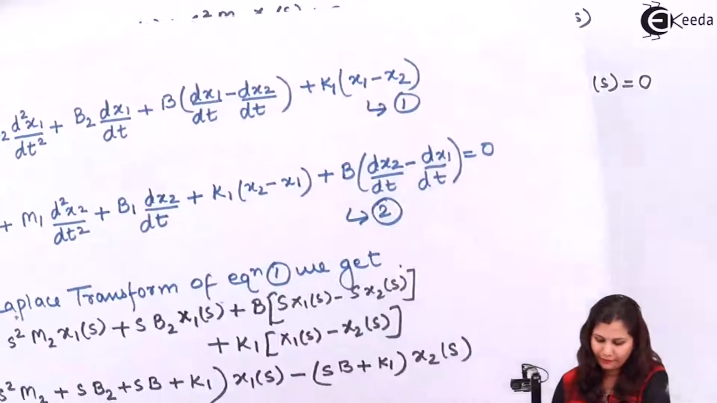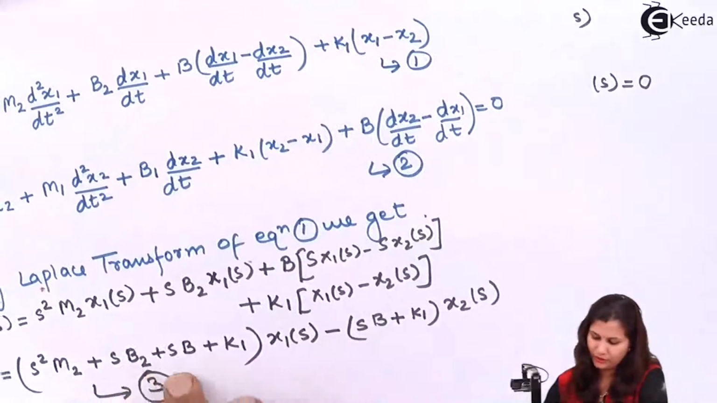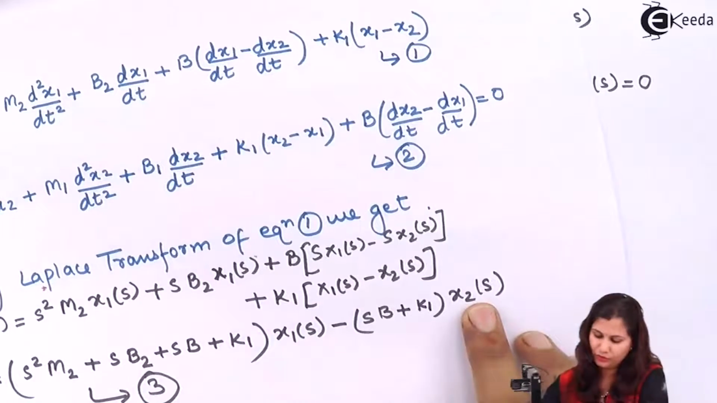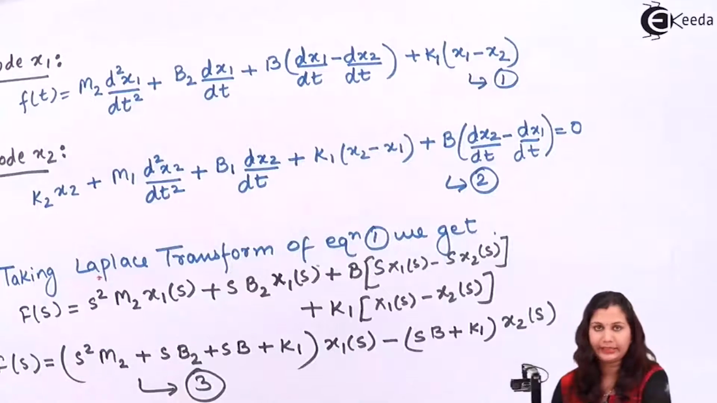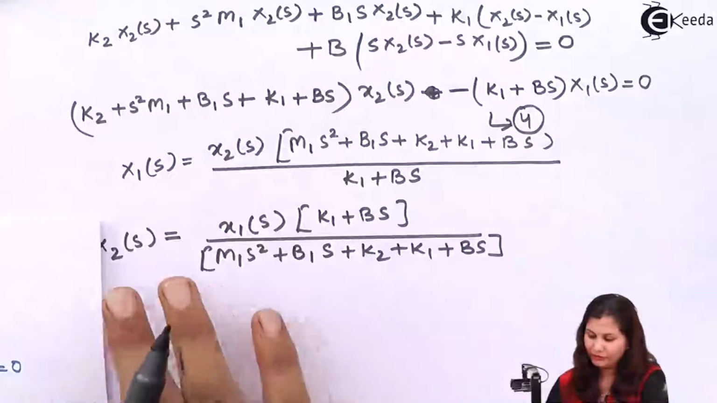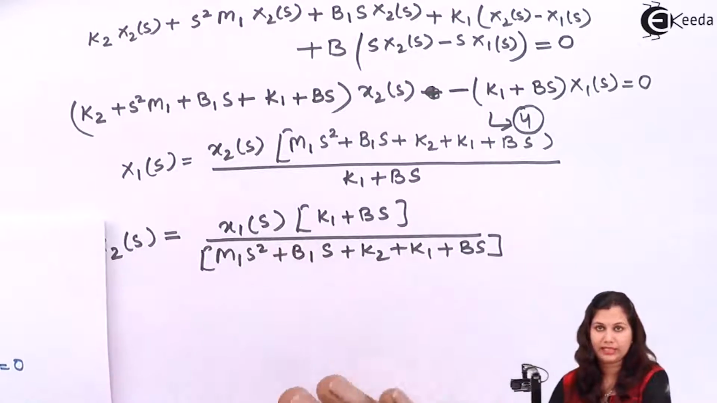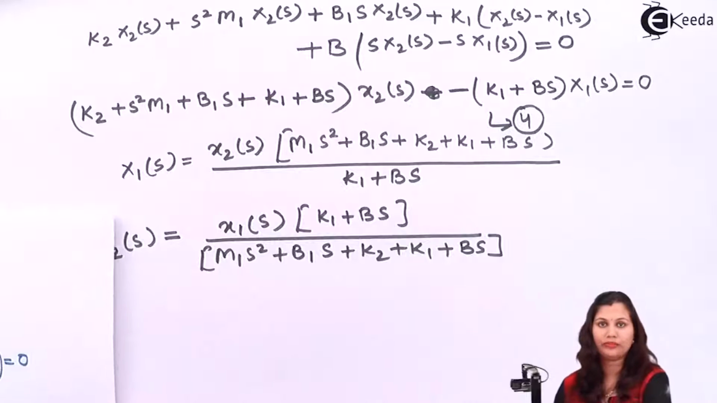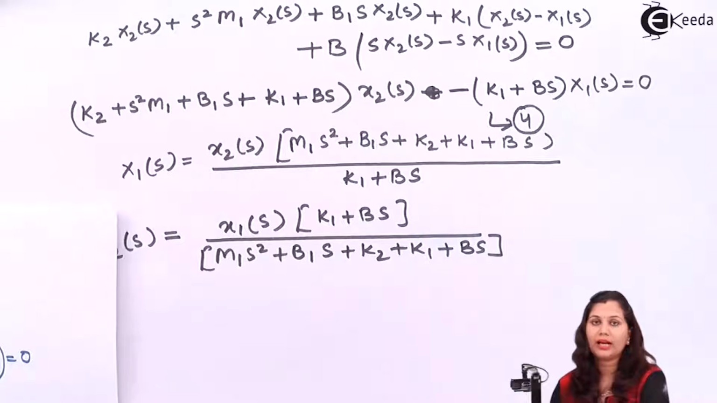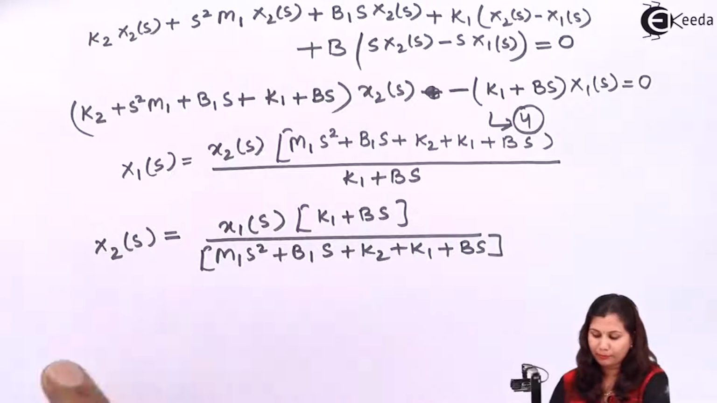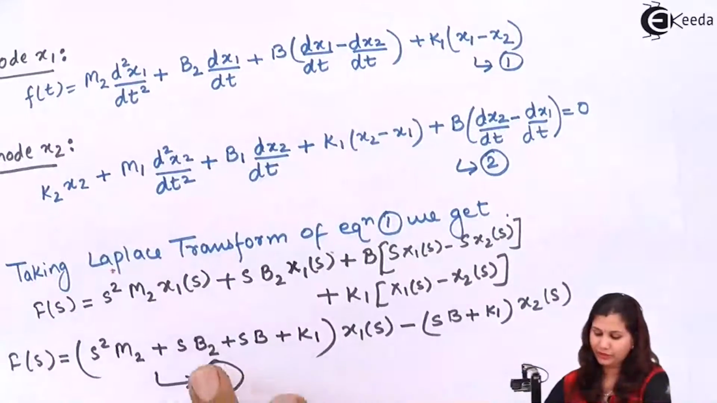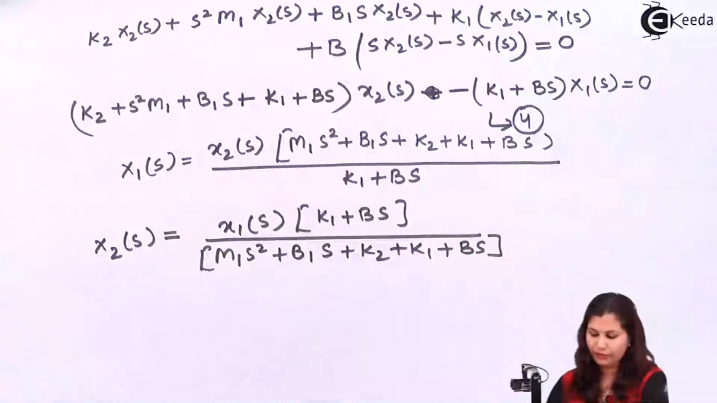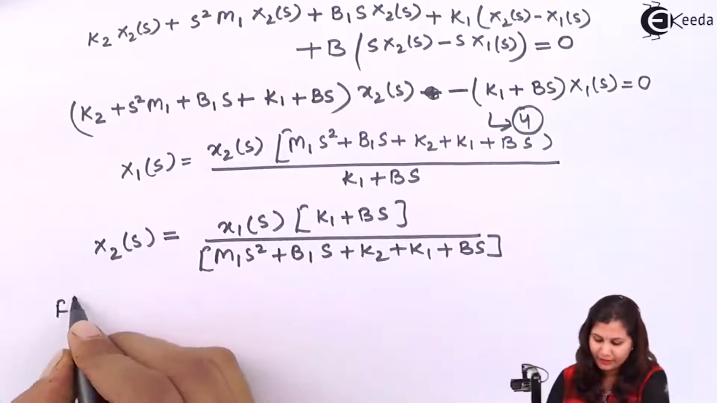So we have this equation. In this equation we have the x1 value also, the x2 value also. So putting these values and then getting the ratio, because we have the value of x2 in terms of X1(s), and we have to find the ratio of the Laplace transform of x1 and the Laplace transform of f, that is the force. So we will put the value of this x2 into the third equation, and then we will solve it. So we will get F(s)